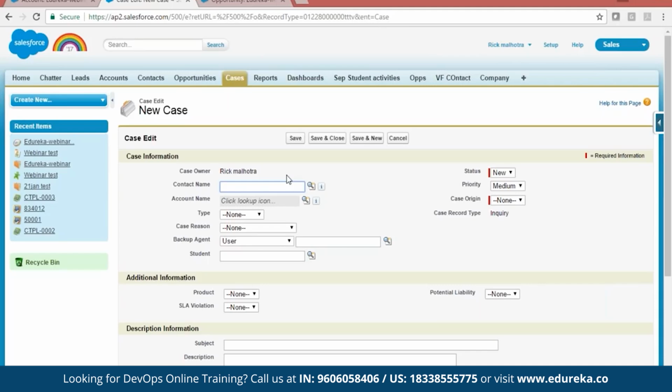So you have installed a printer and the printer is not working for anyone. No one is able to use the printer. The Wi-Fi option is not working for anyone. So this case will be raised by an organization. And if the printer is not working for one person, the case will be raised by only one contact.